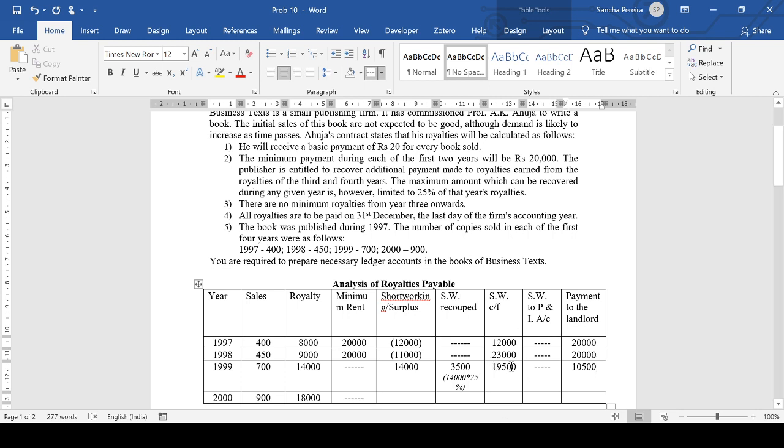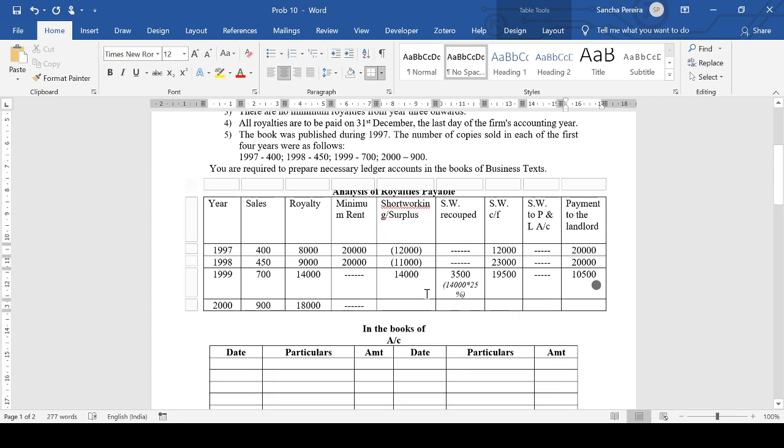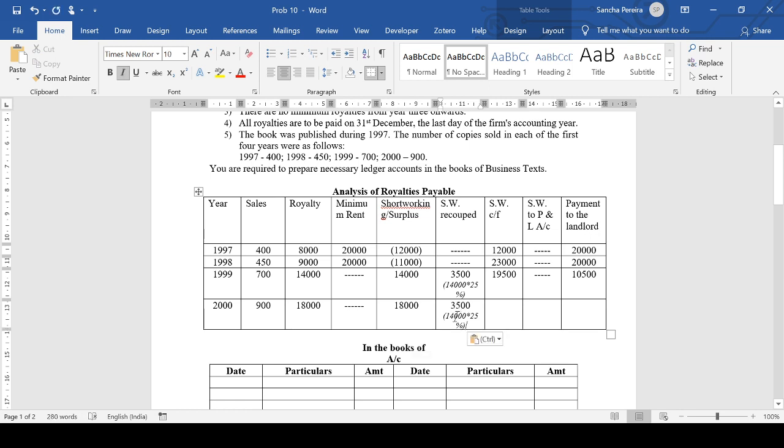So here, why I've not carried forward part of the first year, they've clearly said the publisher is entitled to recover additional payment made to royalties earned from the royalties of the third and the fourth years. So we can recoup from these 2 years. Though we have not managed to recover everything from the first year, we can still carry it forward because we can still recover it from the royalties of the fourth year. Again, though we have a surplus of 18,000 in the fourth year, at the most we can only recover 25% of that 18,000. So how much will that be? If I take 25% of 18,000,